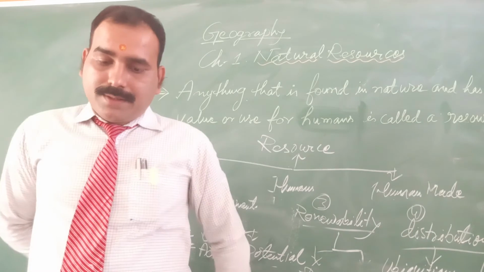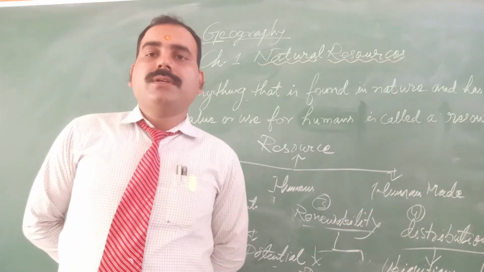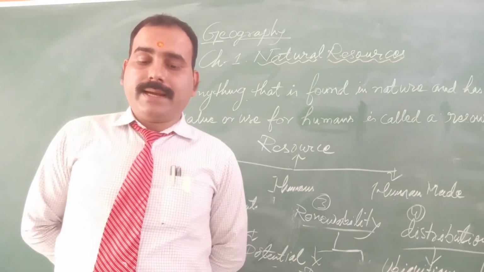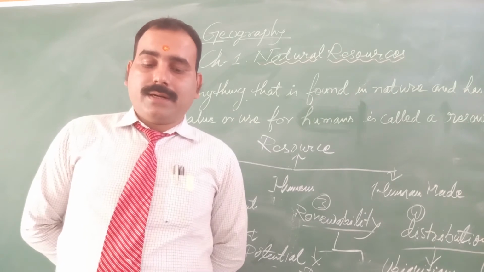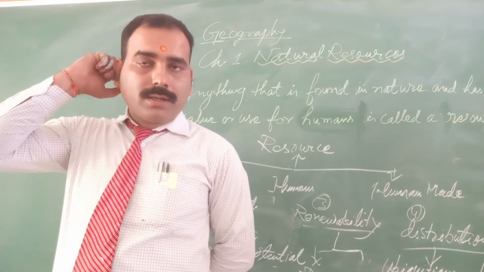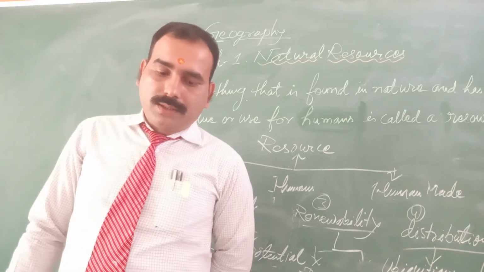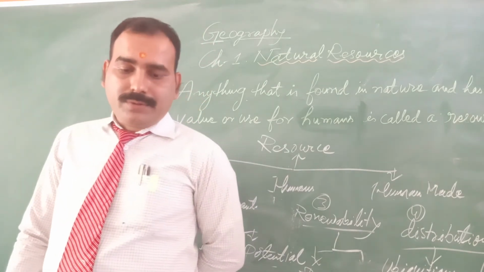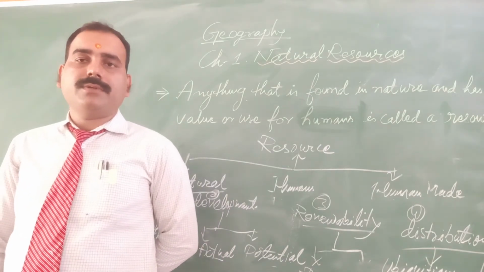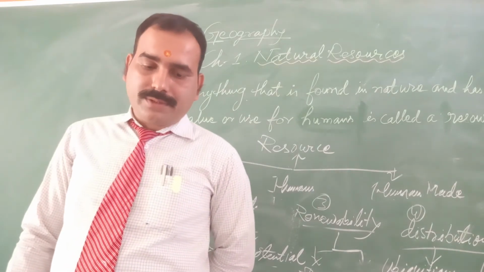Moreover, the number of people living in an area and their dependence on the natural resources vary. Technology and money are also very essential to convert naturally occurring raw materials into resources and then into human-made resources. The resources also change over time. So these are the reasons for the uneven distribution of natural resources.